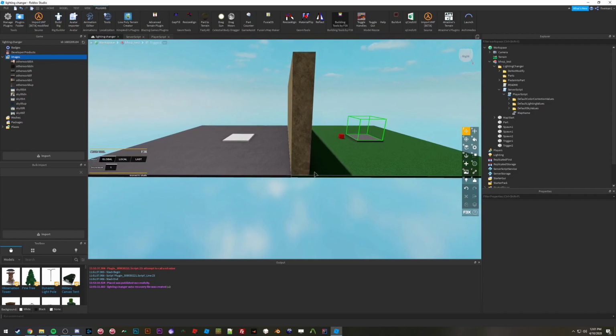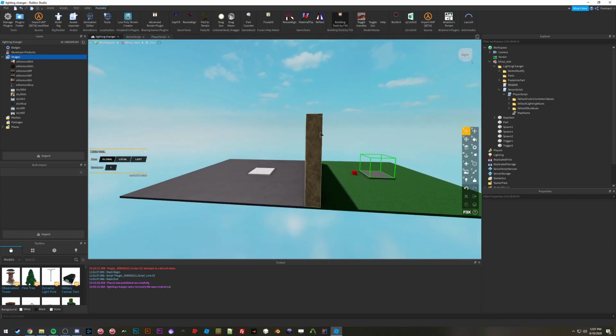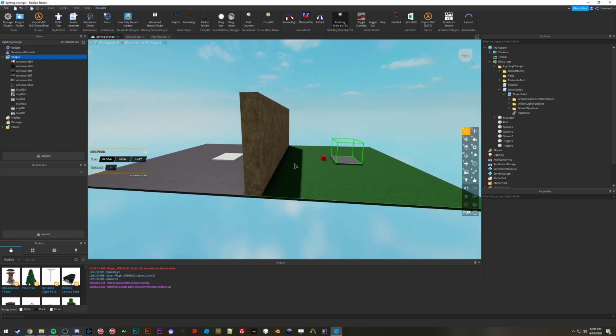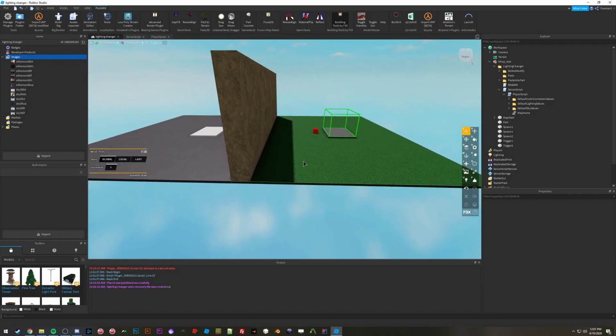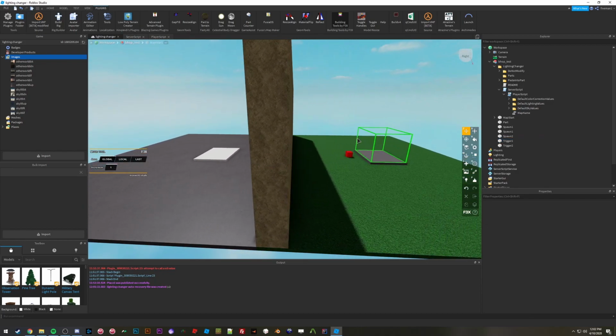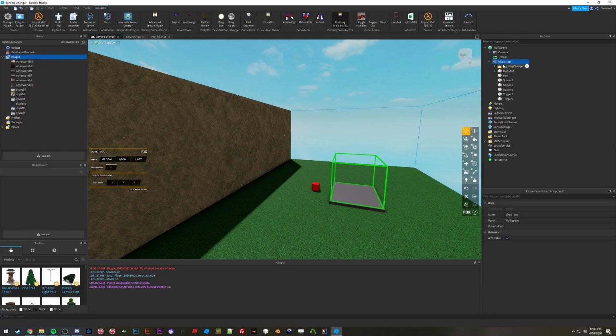Alright, so how do you use this? There is a README file that I included with the tool, but for the purpose of the tutorial, I'm going to assume that you already read it, and I'm just going to show a visual example of how you might set this up. So, first what I need to do is set the default values. I'm going to assume that you just put this folder into your bhop model, so you need to open it up, open up server script, and then open up player script,